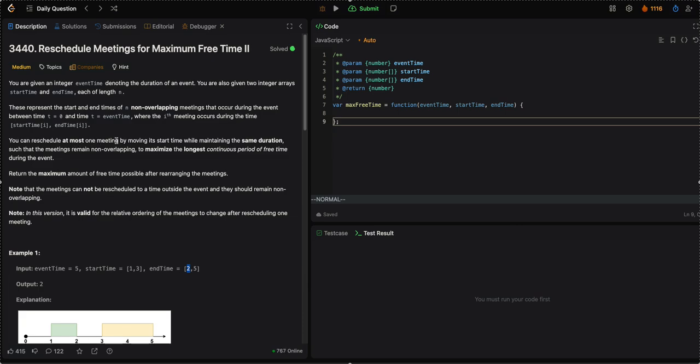So we want to reschedule at most one meeting, and we can move its start time to maintain the same duration. We need to keep it non-overlapping, and we need to maximize the longest continuous period of free time during the event. We want to return the maximum amount of free time possible after rearranging the meetings. Note that the meeting cannot be rescheduled to a time outside of the event, and they should remain non-overlapping. In this version, it is valid to change the relative ordering of the meetings